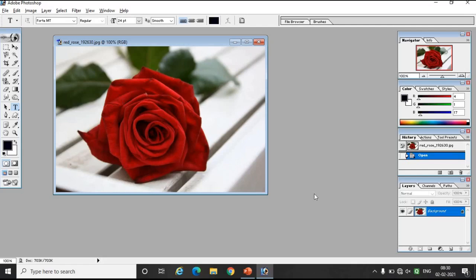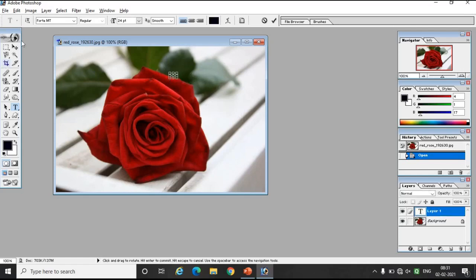So if you want to change the name of a layer, like here there is a background layer. What is the name for this layer? The name for this layer is the background layer. So if you want to change the type, change the opacity, or change the color of this layer, what you can do, you can see here that there is no color at the background of this image.